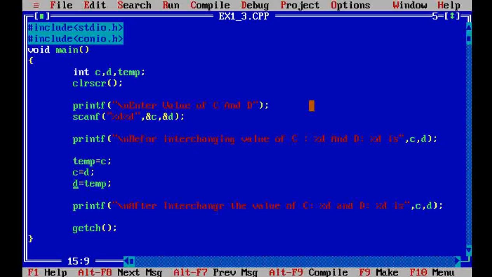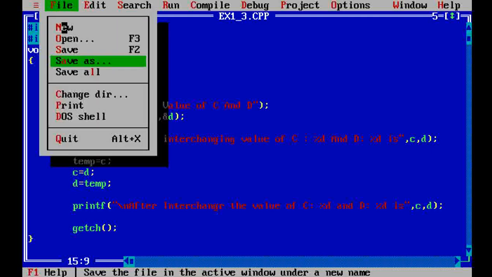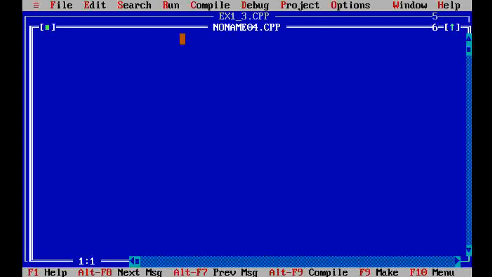We start our Turbo C. Now open Alt+F, new file, and enter the header files, that is hash include stdio.h header file, then hash include conio.h header file, then void main, then getch,